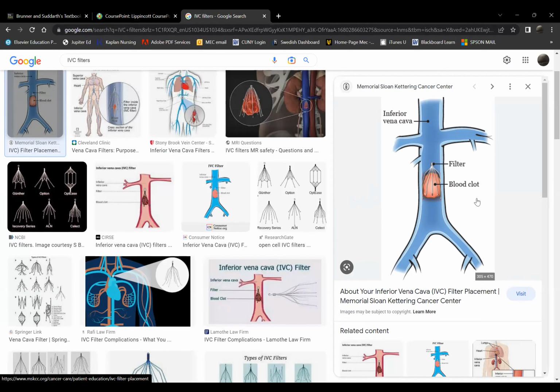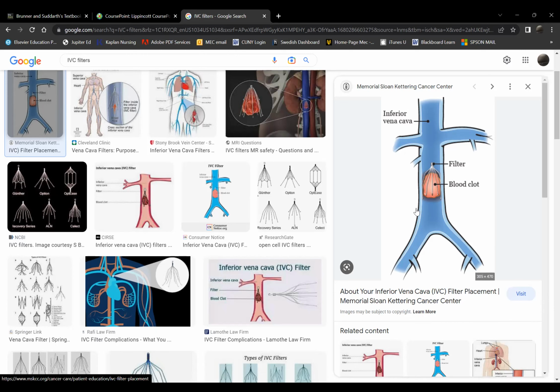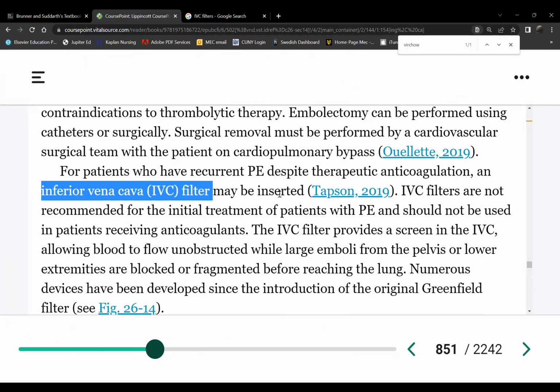Are you sure? Yes. No, you got it. I was wondering, wouldn't it just stay there for days, that once it's caught, the body would destroy? Oh yeah, so at least it won't move. It'll just stay there, and then the body will dissolve that slowly. You said for the IVC, the clots are coming from the GI and below. Where does all the blood come from that's entering the inferior vena cava? From your esophagus all the way down to your toes.